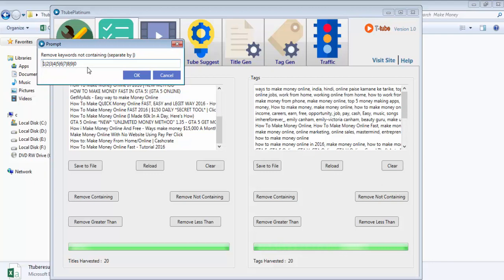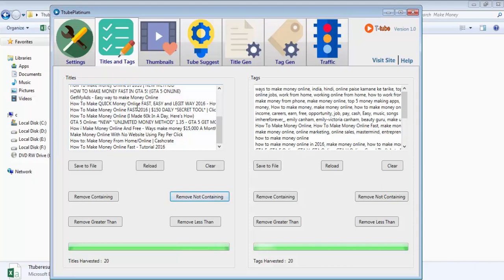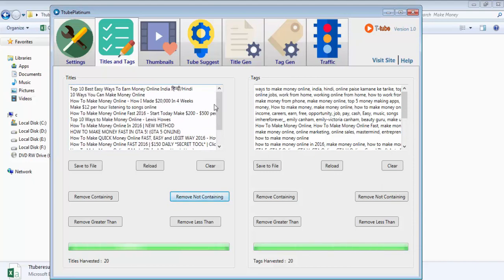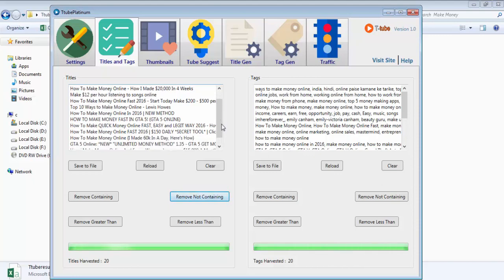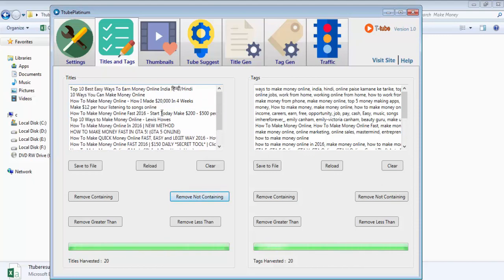Basically, this prompt will remove all of the titles which do not contain lists or numbers. Once you click the OK button, you will be left with all of the titles that are making use of numbers.